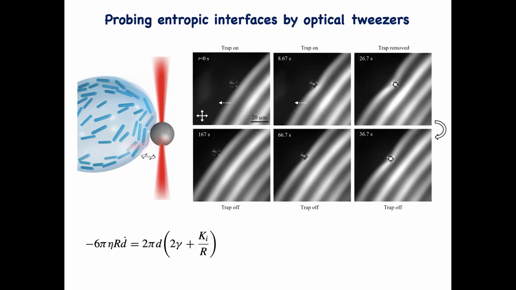Now the interesting part is that we can measure the trajectory, the distance versus time. The differential equation has a very simple solution, and the decay exponent brings in all the properties of the system. So there is the viscosity, the size of the object, the interfacial tension, and the elasticity. And as I just said, not only the surface tension but also the elasticity changes if the rods are orthogonal or parallel. So now you can probe either one or the other, depending on the design.